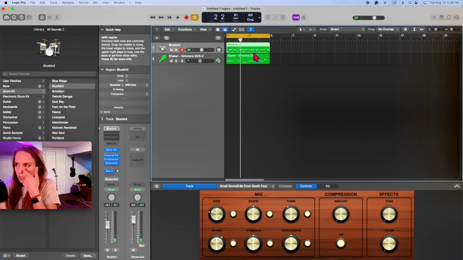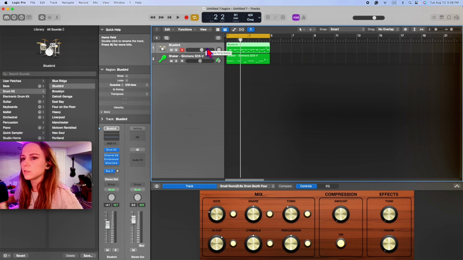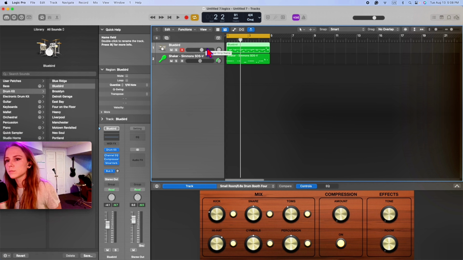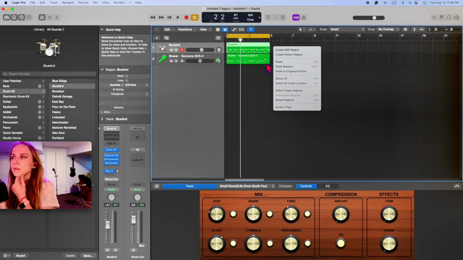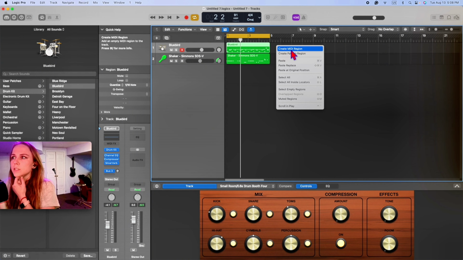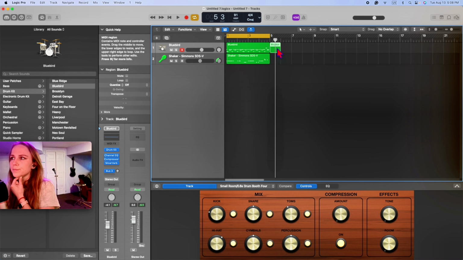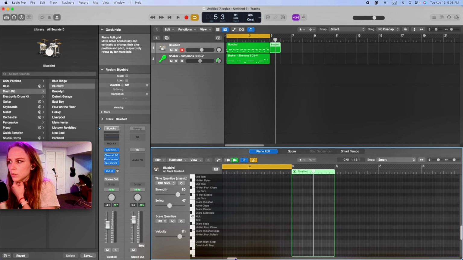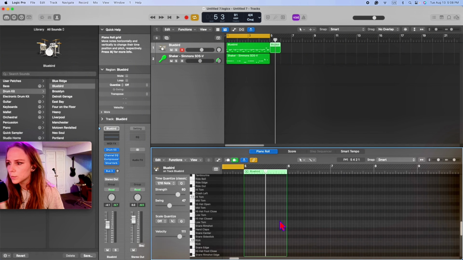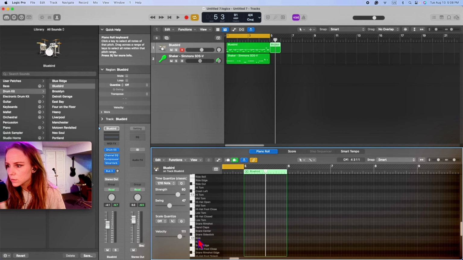Another thing you can do to make it more natural, if you want, especially if you're not a drummer and you don't want to do a bunch of musical typing and actually playing beats, you can write all these notes in. So if I right click over here and say create MIDI region, that'll pop up. Double click on that. We'll scroll over. I don't usually do this, but